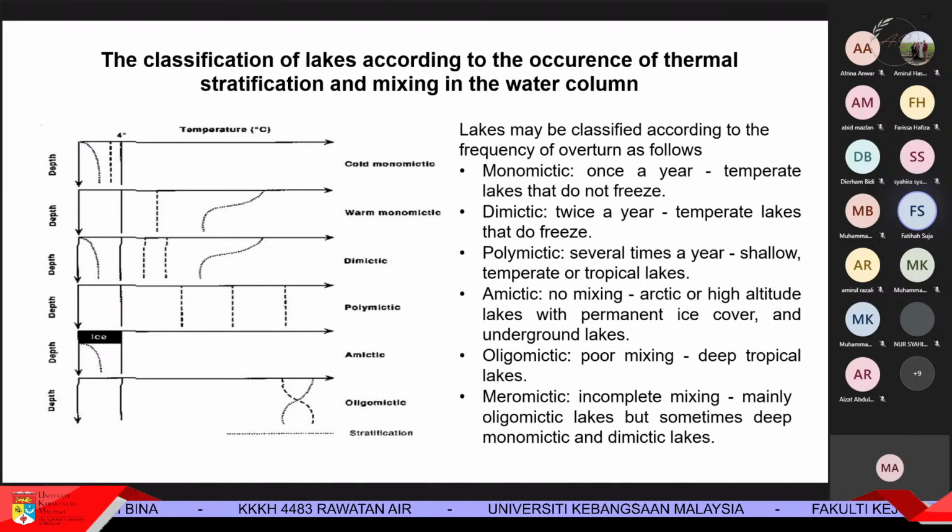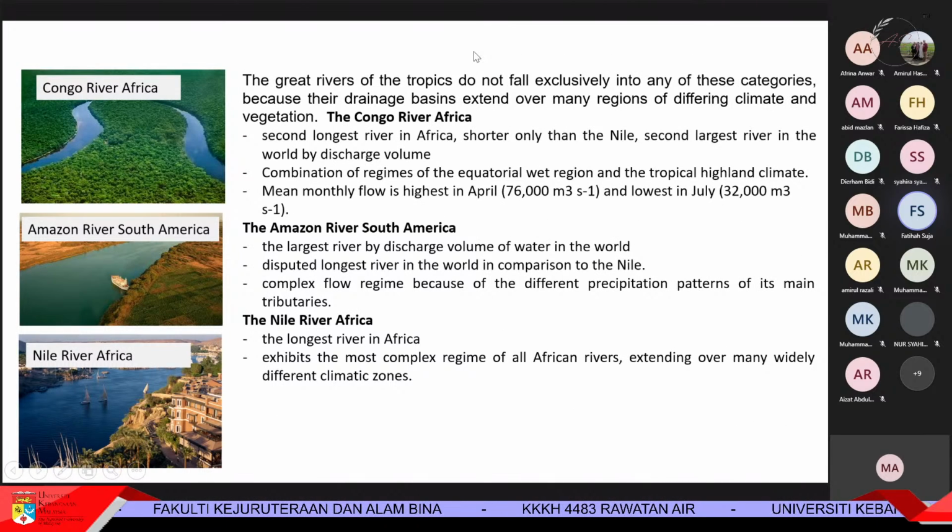These are the two important cycles that you need to know. We have one flow peak or you have two flow peaks. Like in Malaysia, we have one flow peak. But usually when we talk about the great rivers of the tropics, they do not fall exclusively into any